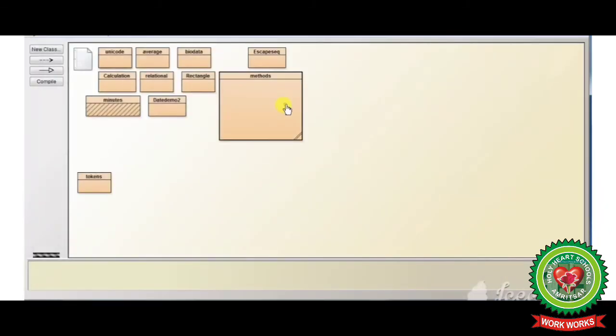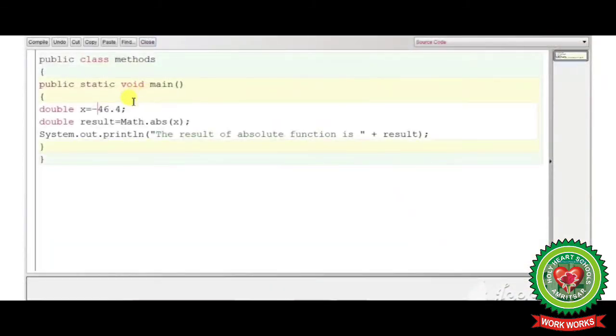Now we will use the next function, that is max. Now here we will take the two arguments. We can accept our value in any data type.